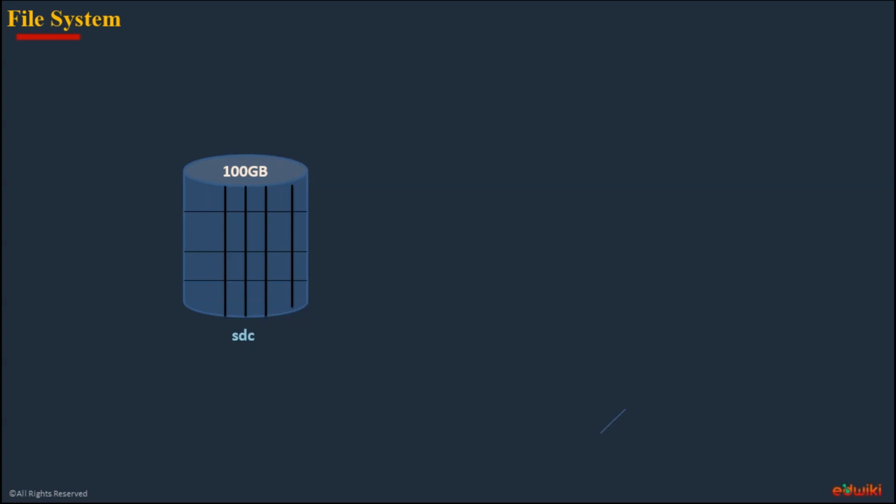Dividing your volume into a number of blocks is called a file system, because file system is the terminology that I use here. It means preparing your raw volume into a structured model by dividing that space into the number of blocks and preparing an organized structure with the blocks. Then you can start storing the data. Once the blocks are divided, once this volume is created as a file system structure model,